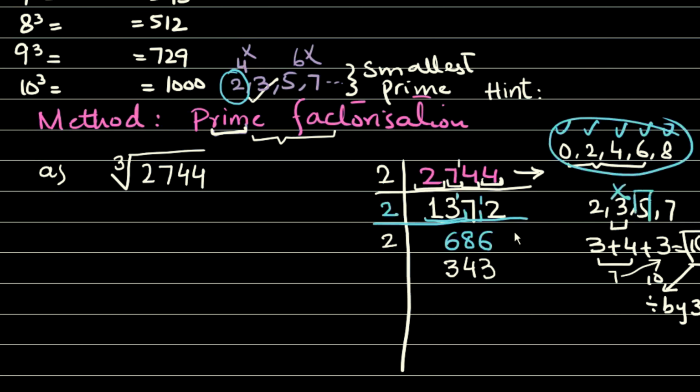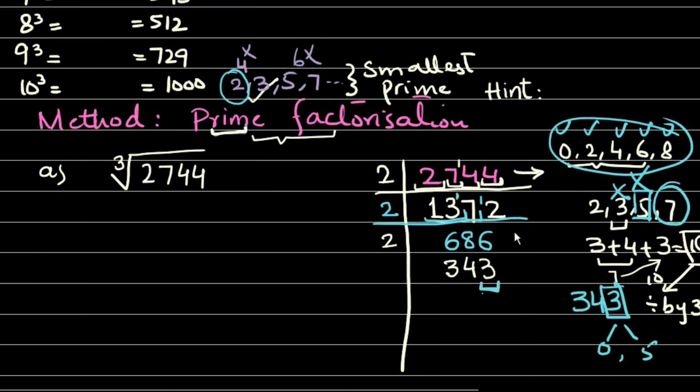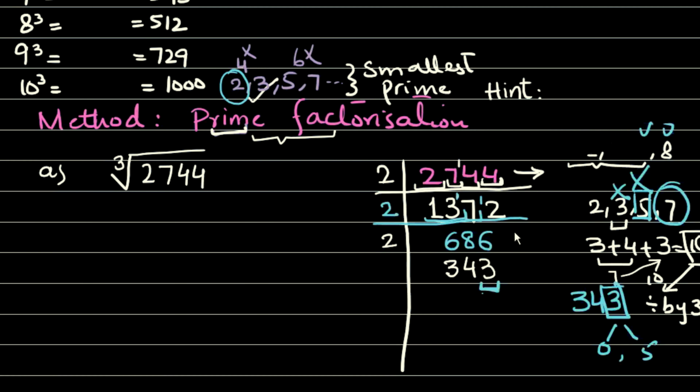Let's move next. For the divisibility test for 5, the last digit of this 343 should be 0 or 5, but it's not, so we cannot apply this. So move next to 7. What is the divisibility test for 7? The divisibility test for 7 is very easy. Double the last digit. I will do the working on the right side. Let me erase that area. It will be helpful for you also.